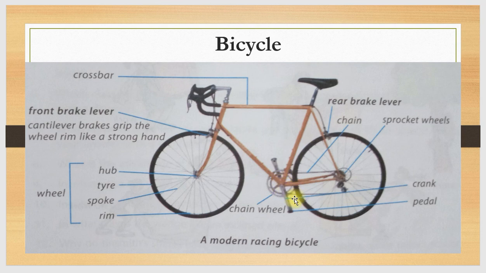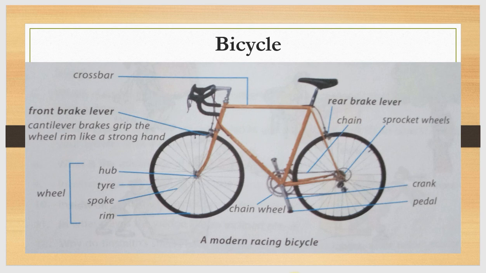easily. But usually cycles are designed to move on the ground or to move down hills, so the sprocket wheel is the smaller one and the chain wheel is the larger one. But if you want to climb up the hills, then you have to make the sprocket wheel larger and the chain wheel smaller. This gives plenty of force but not much speed. Speed will be lesser when you are climbing up the hill, but you have to apply more force.